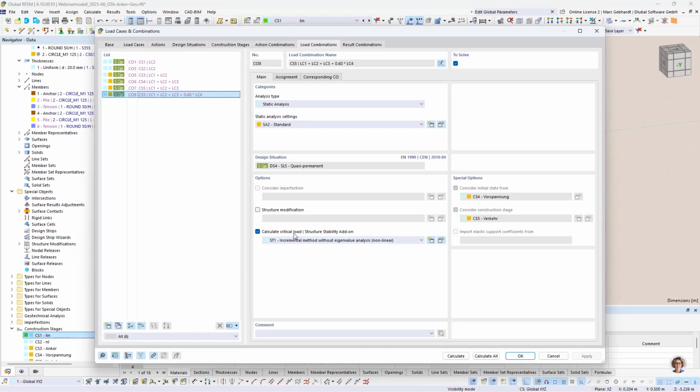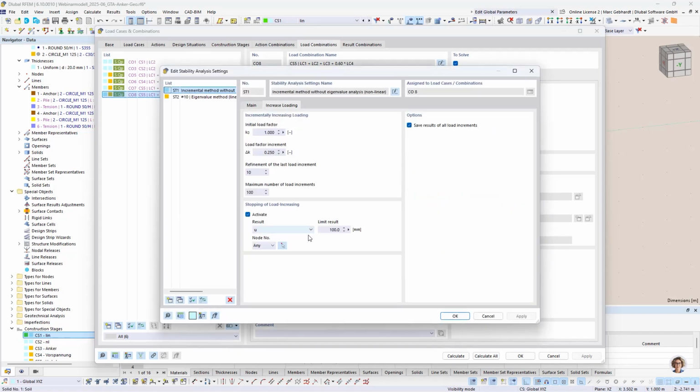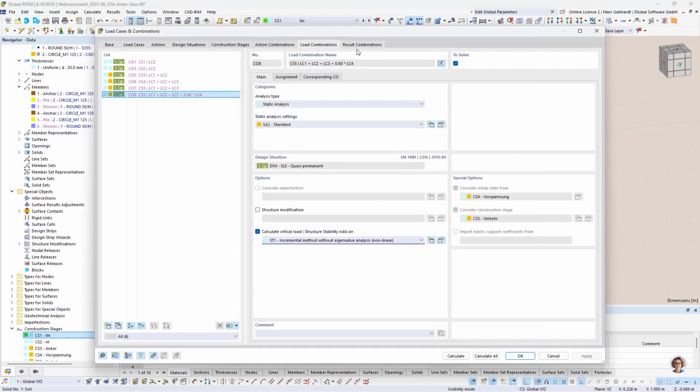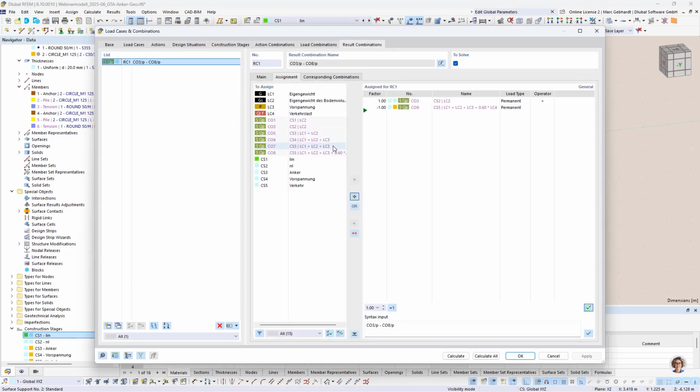And as said before, we want to do a critical load analysis by structure stability add-on with the nonlinear incremental method until 100 millimeters deformation. Additionally, I did a result combination to see the additional contact stresses coming from the normal vehicle load to see if our model is big enough. So we now can